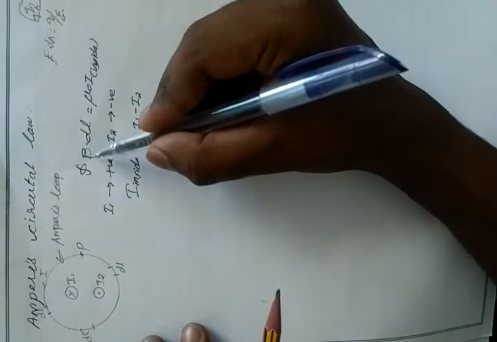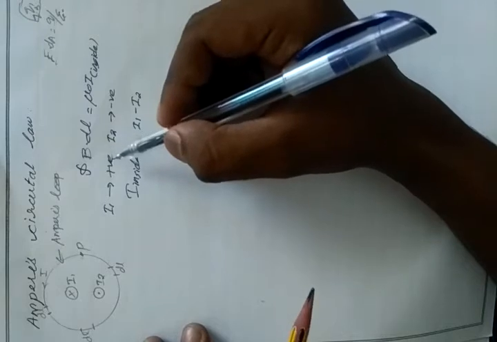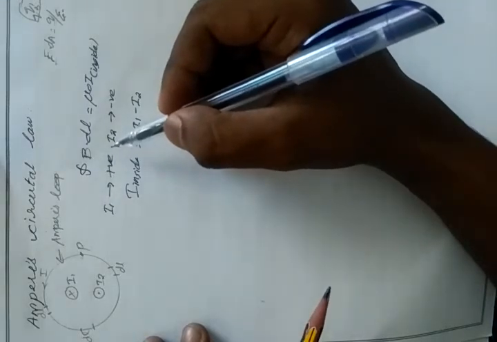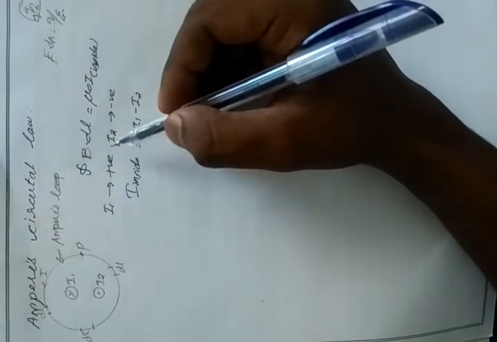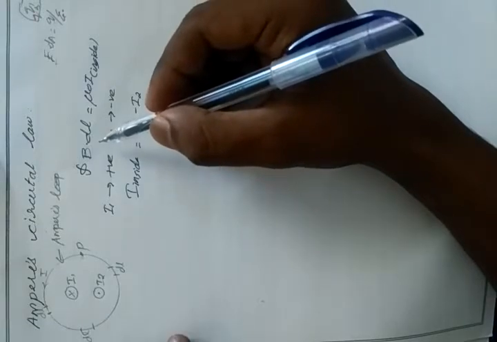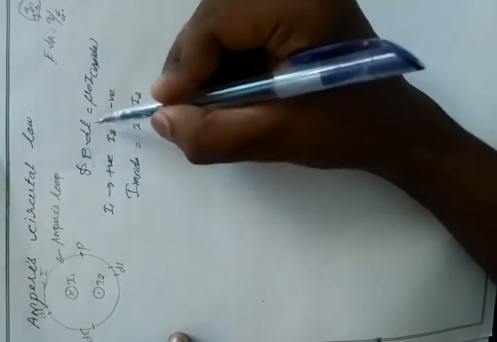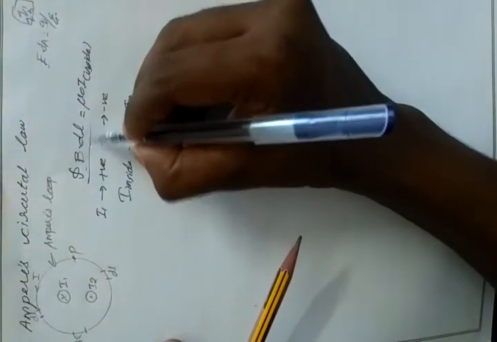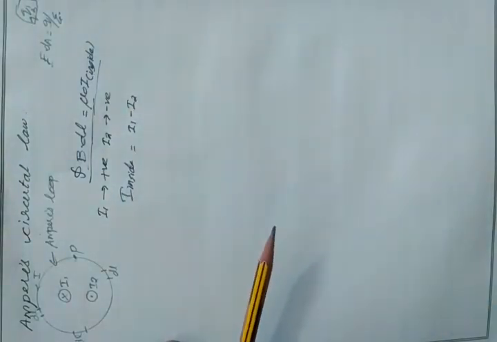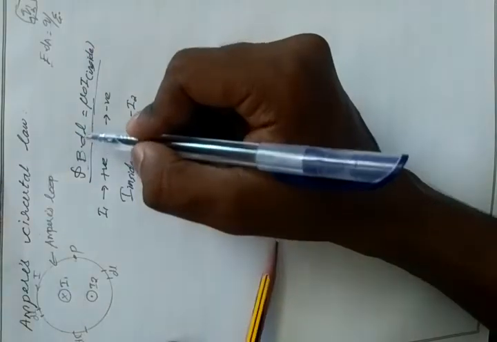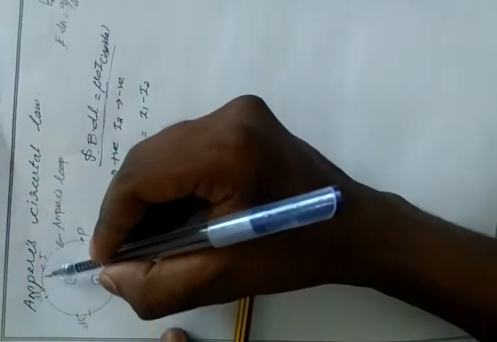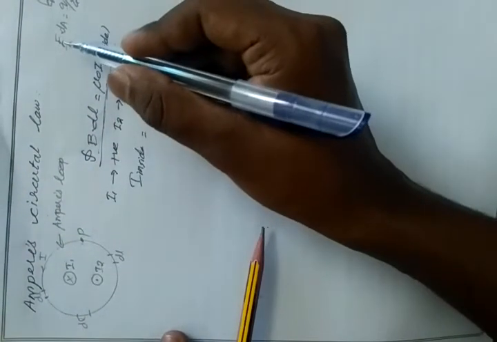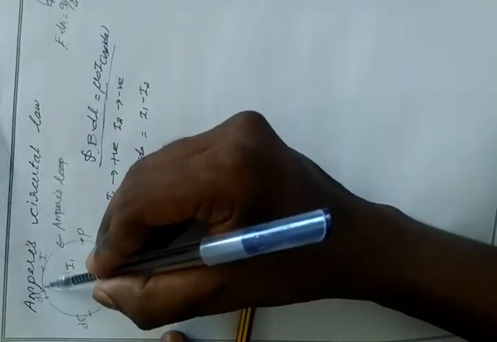So what is this equation? This equation is known as the line integration of magnetic field. In chapter 2 we studied E dot dA or E dot dl, that is the line integration of electric field. Here this equation is the line integration of magnetic field. This is Ampere's circuital law, B dot dl equal to mu naught I. What is dl? dl means the length element in the Ampere loop, similar to dA.